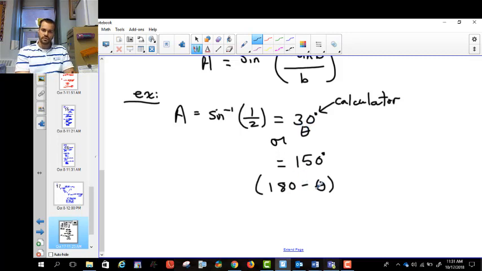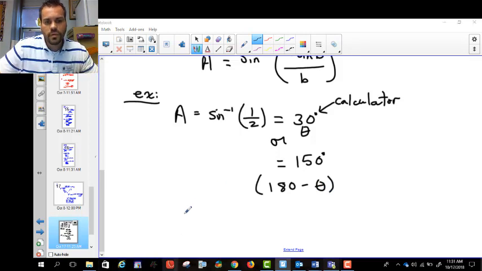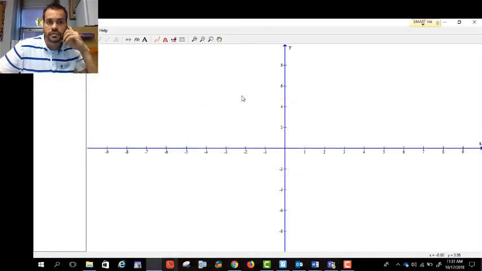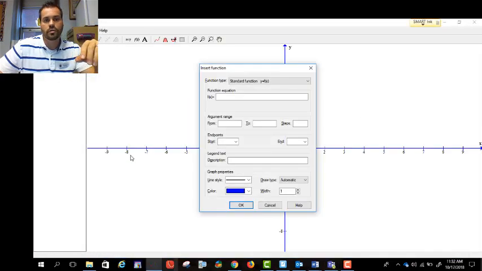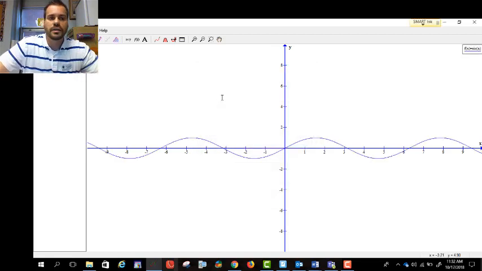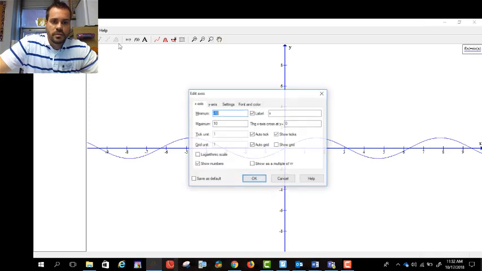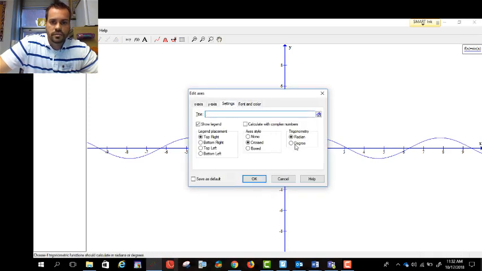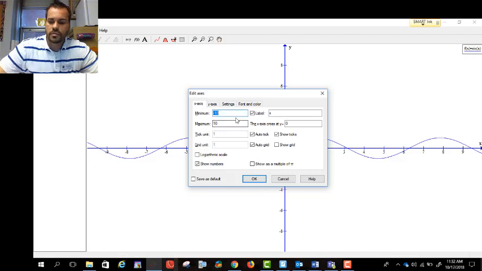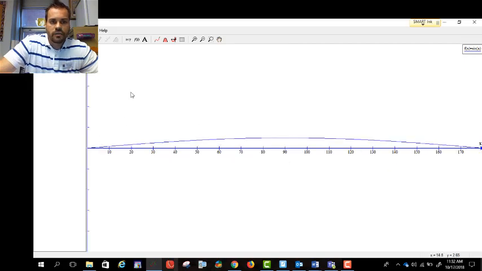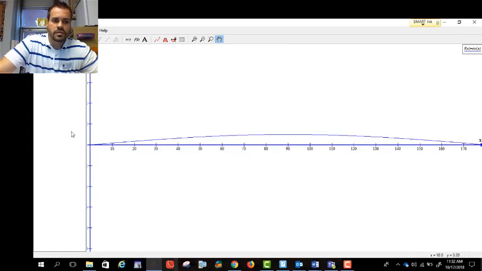So there's two possibilities. If you want to see it visually, because sometimes that helps, you just take a graphing program like this. This is just Graph 4.4, but I'm going to type in sine x and show you the picture of what sine x looks like. All right, it looks like this. Now I'm just going to change my axes to degrees because you guys are used to working in degrees, and then I'm going to look from 0 to 360. Actually, 0 to 180. Let's do that. So here's my graph from 0 to 180,